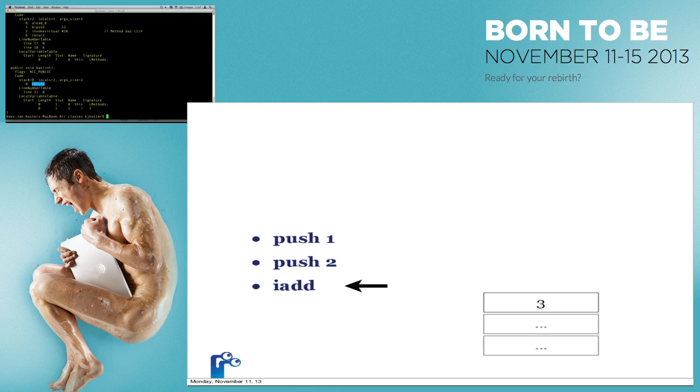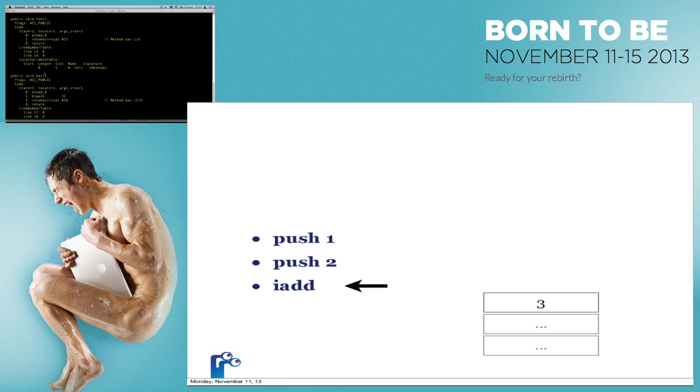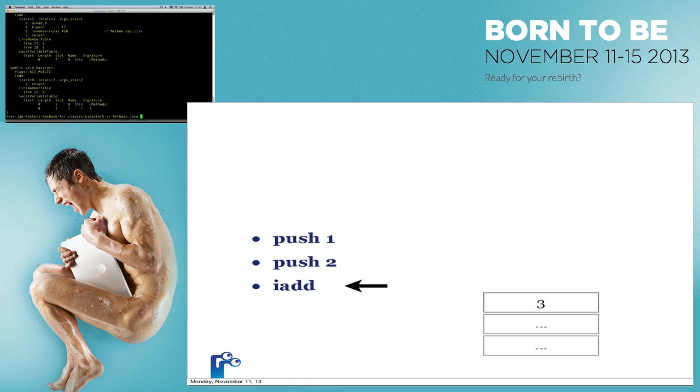An important one that is missing here is invoke dynamic, which I really don't know how to do from Java code, so you probably have to decompile one of the languages that actually use it to get at that. The point here is that you've got different ways of invoking methods. These are all invoke virtual. If I take methods.java,